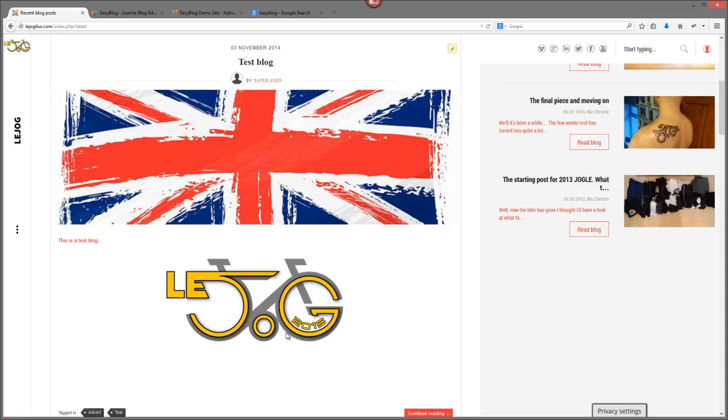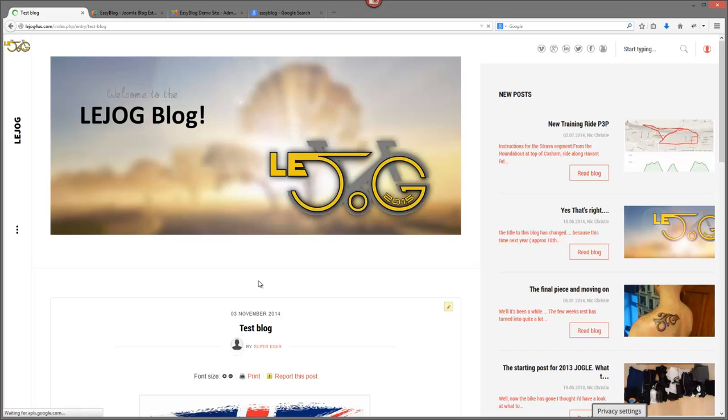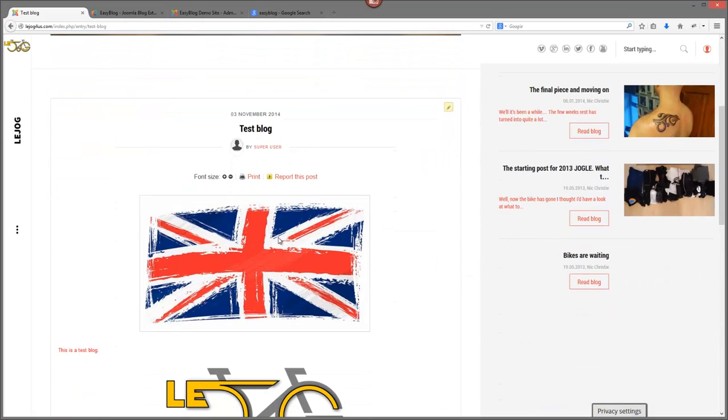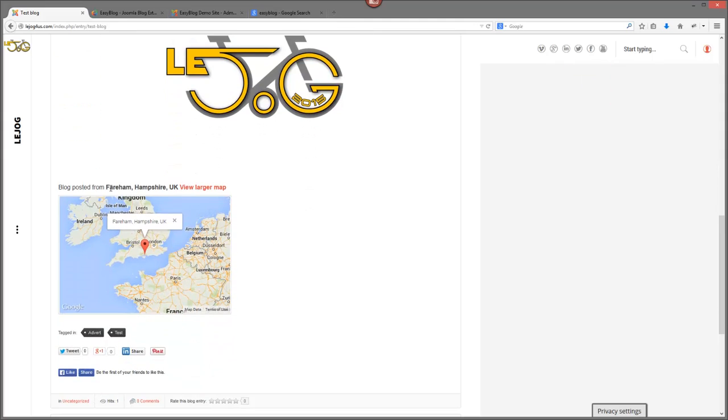To actually get to the full blog, you can do it in one of three ways. You can click on the heading, you can click on the image, or you can click on the continue reading button down the bottom. Let's do that now, and this will take us to our blog, which you'll see makes the blog image a little bit smaller. It gives you the option here to report this, print, change the font size. It gives you your